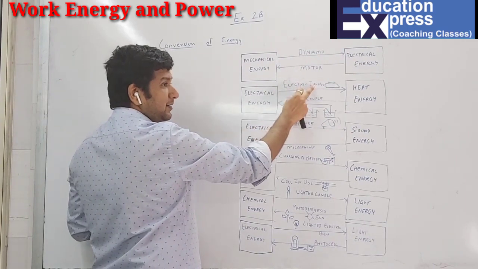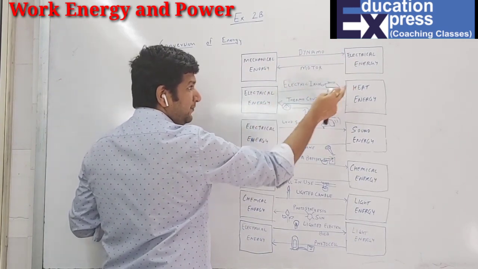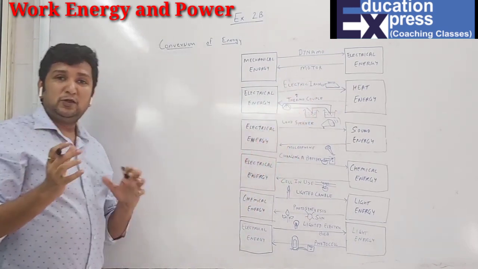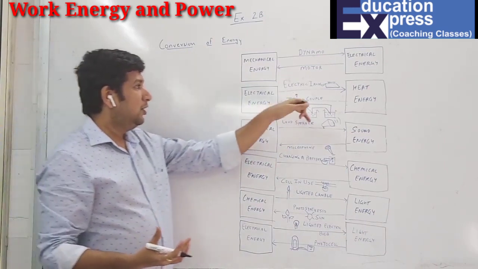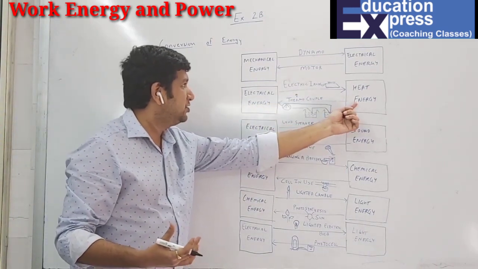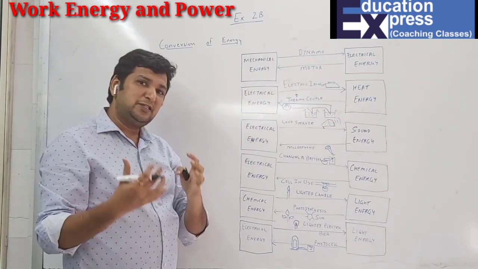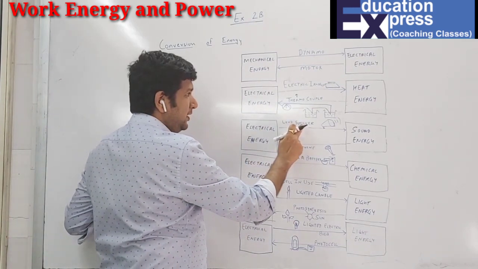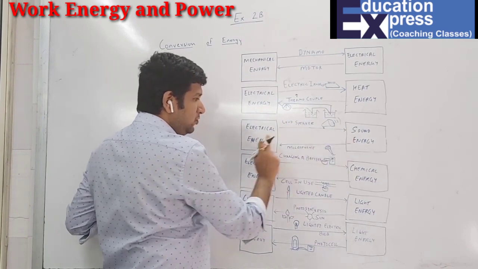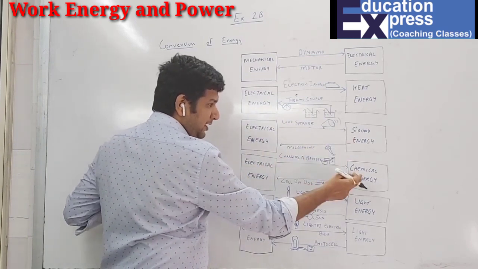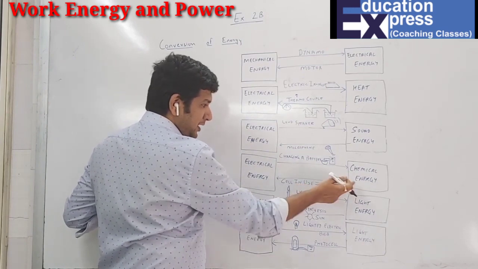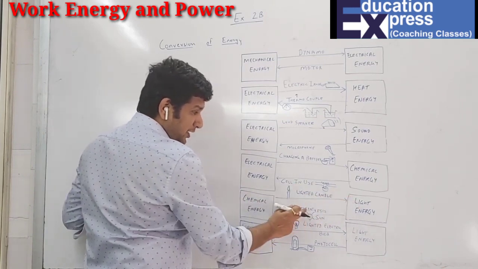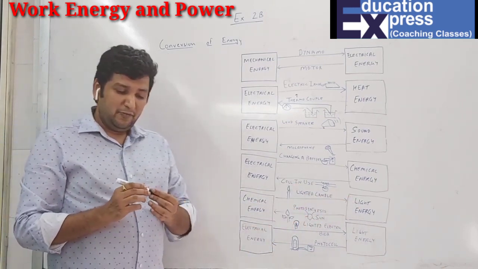Similarly, electric iron is electric energy to heat. Thermocouple basically means the difference of heat energy, so it is the conversion of heat energy to electric energy. The thermocouple takes into consideration the difference between the cold temperature and the high temperature. A loudspeaker is electric to sound, and a microphone is sound to electric. Charging the battery is electric to chemical, and using the cell or battery is chemical to electric. The lighted candle is chemical to light energy.